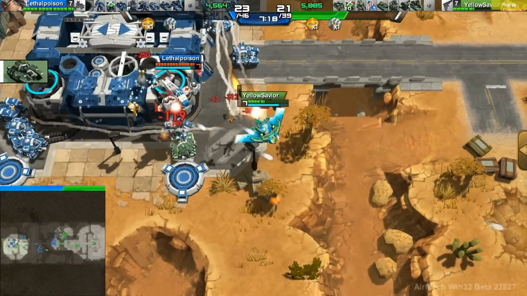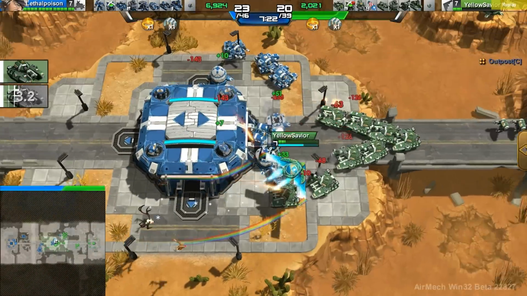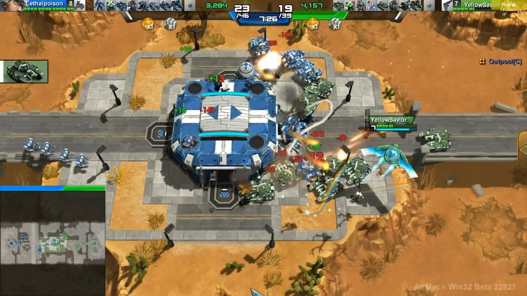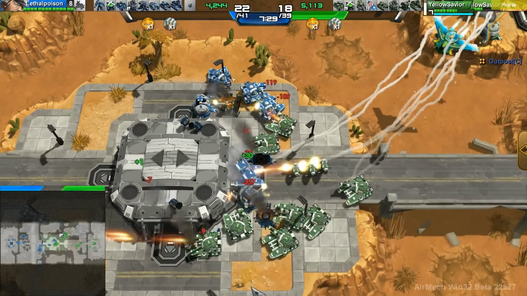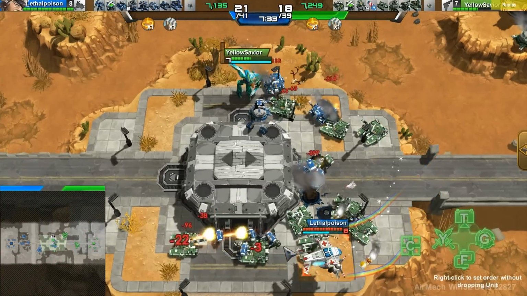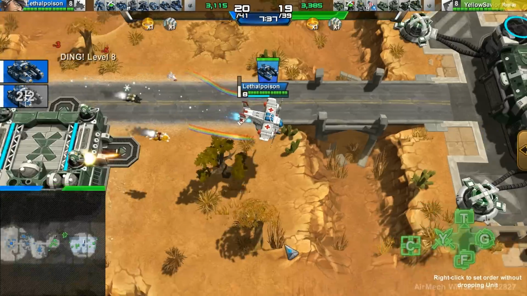Ah yes, now Lethalpoison actually able to get that blocked with that Gemini. But now YellowSavior's tanks are hitting this middle outpost. They are getting significantly softened up. Oh, were they set on capture? They were set on capture. They were not set on attack. And will probably stay here right at this mid and get this outpost under YellowSavior's control,